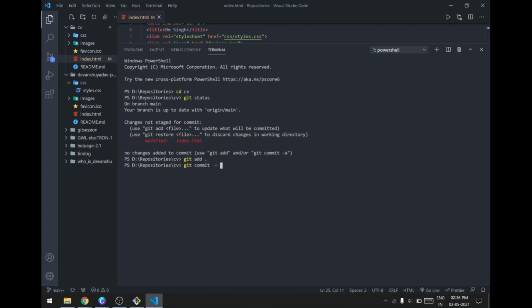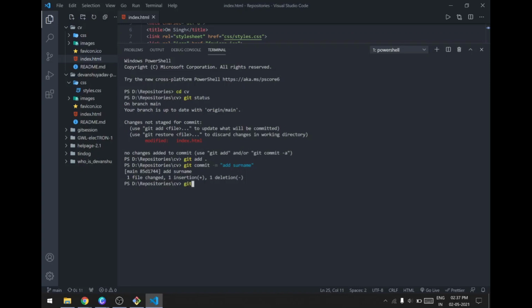Let's write a message, add surname. Alright, so now we have committed the change, but we have not pushed it to the GitHub repository. So to do that, what we did was we git push that code.